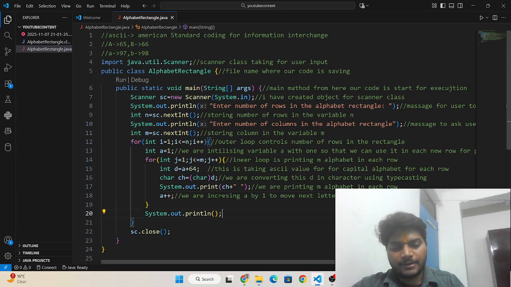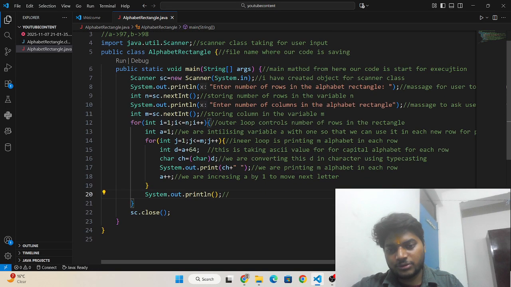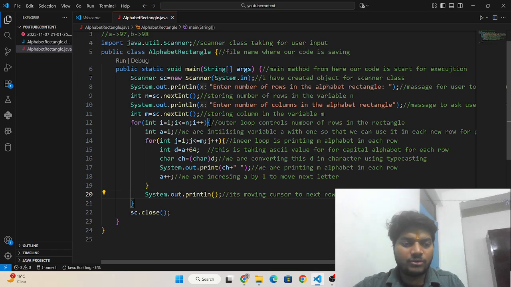Okay, and then what is this doing? This System.out.println is moving the cursor to the next row after printing m alphabets in each row.